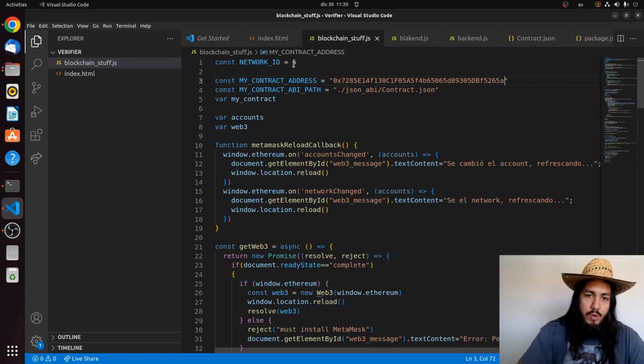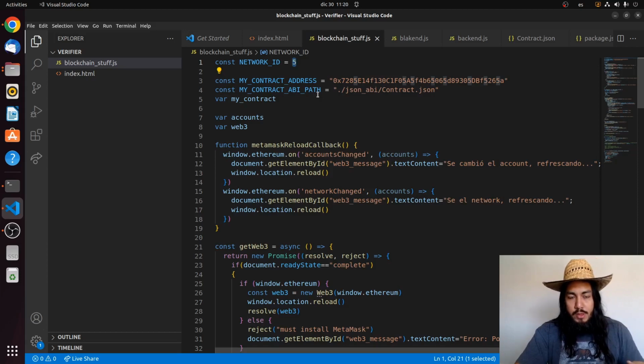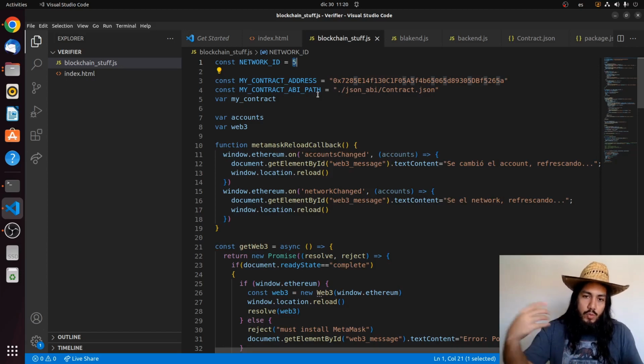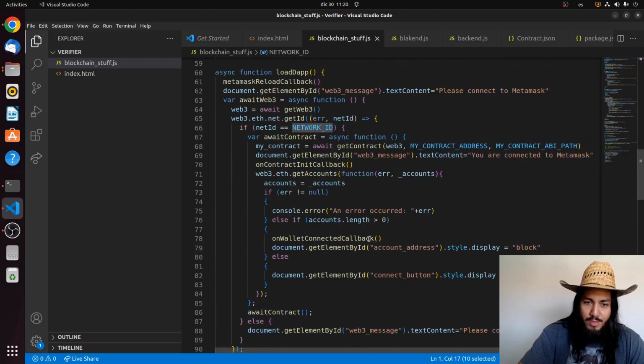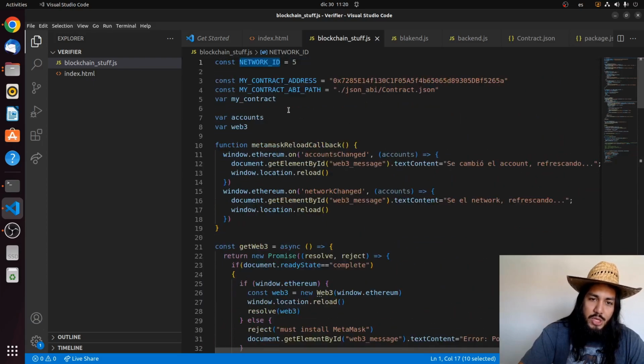And this JavaScript is the one that helps you with interacting with the blockchain, and in this case also with the relayer. In this case, MetaMask and relayer. So we're using network ID 5. Actually, I don't think we need this in this example. Yeah, well, it just checks if you're in the right network, and